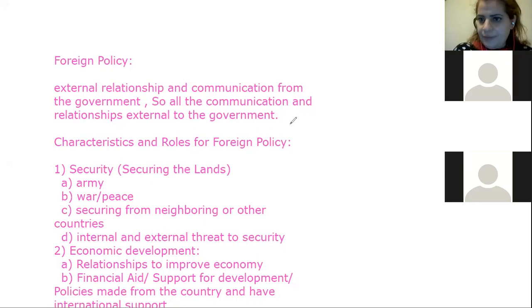I want you to look at the definition, why foreign policy is important for different countries in the world, and also the different characteristics that you have in foreign policy. The different characteristics are also important for foreign policy. For example, security, internal and external relations that secure the lands, and the different things under security. Like, for example,